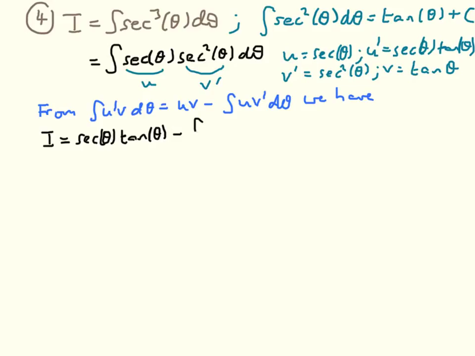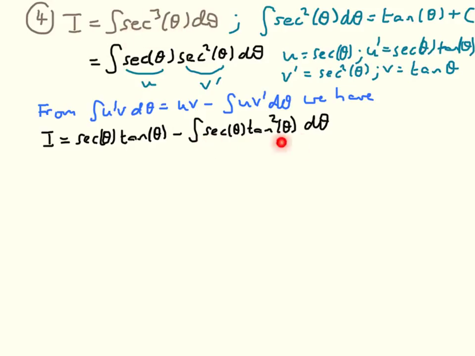minus the integral of, and now it is u prime, which is sec theta tan theta, multiplied by v, and v is tan theta, so we put in an extra factor of tan theta, but tan theta times tan theta is just tan squared theta, all integrated with respect to theta. So it might for a moment look as though our integrand, the new one, is actually worse than the initial